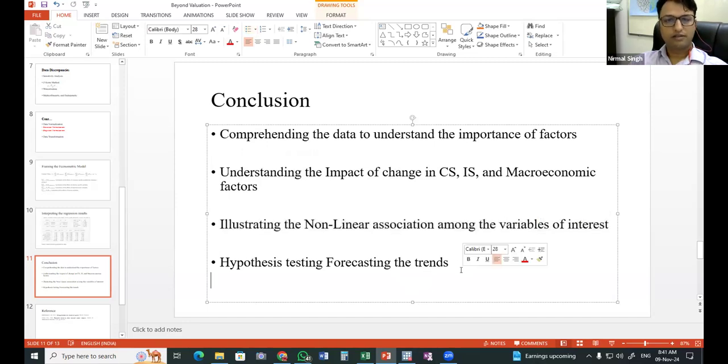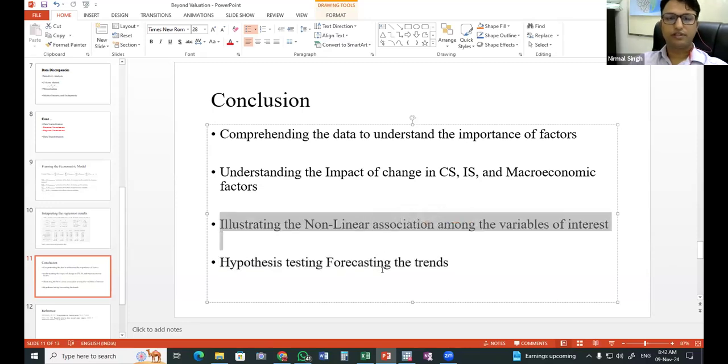And the other thing is that this data set can be very helpful in accepting or rejecting, or testing, a hypothesis. If I have any hypothesis regarding my dependent or independent variables, by using these techniques, I can accept or reject the hypothesis and validate it using this statistical tool.